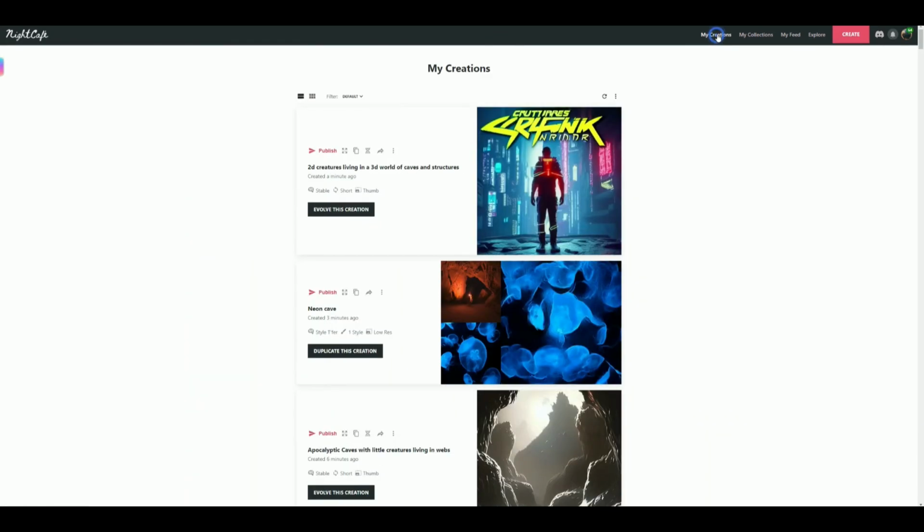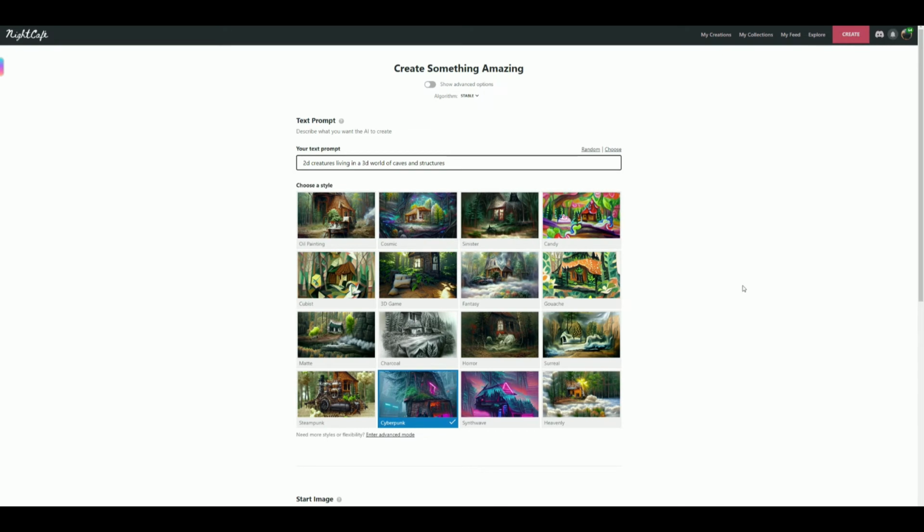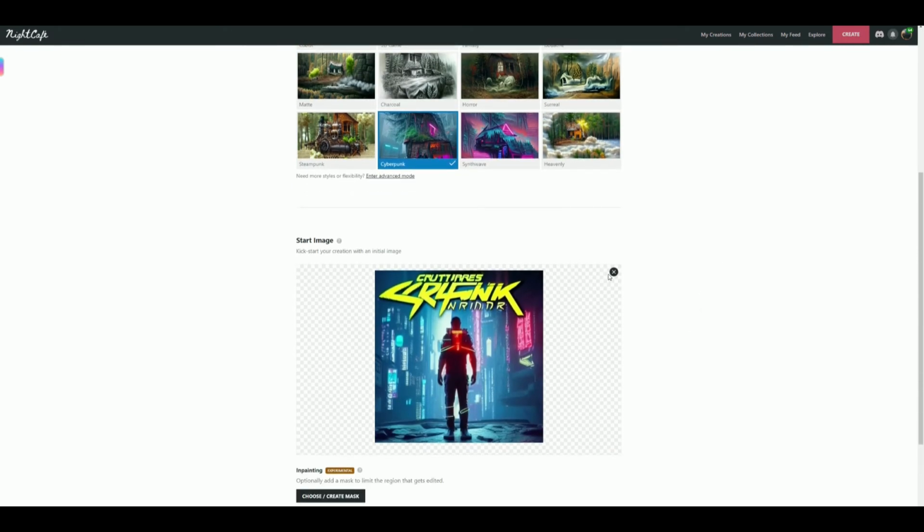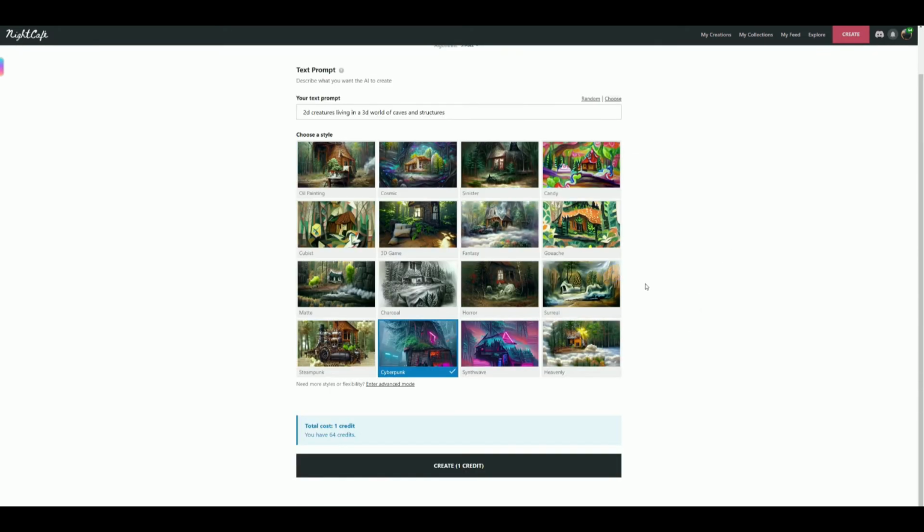So not brilliant, but this is what I'm after. 2D creatures living in a 3D world. Now I'm going to evolve the creation, but it didn't really work with Cyberpunk, so I'm going to delete that image and I'm going to go with